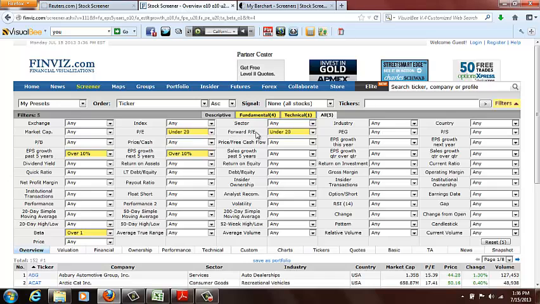Undervalue, pretty much the same. We don't want companies that overvalue. All right. And another one that I like to use is just that